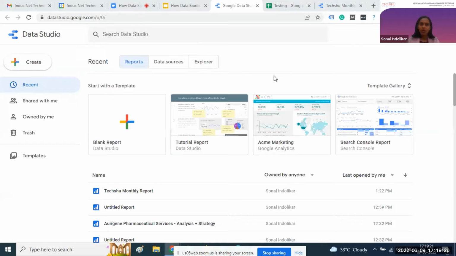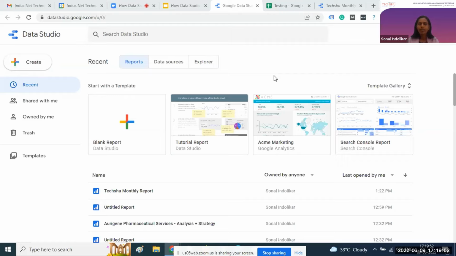Okay, fine. So when you want to create a report in Data Studio, the prerequisite is that we should have a Gmail ID for the report creation. This is the basic prerequisite. The other prerequisite is that we should have access to the platform.